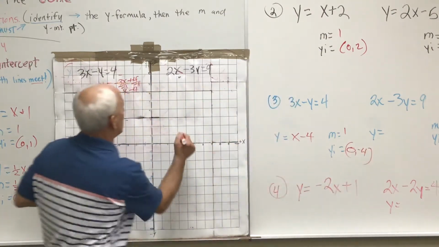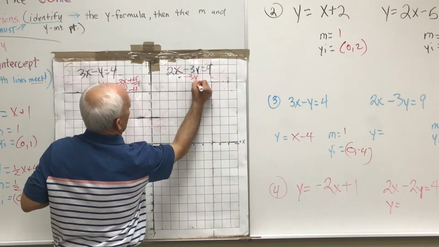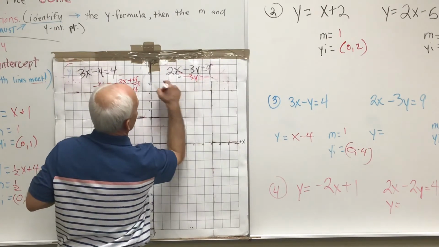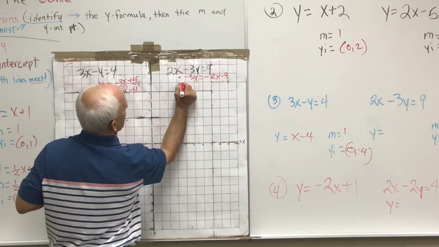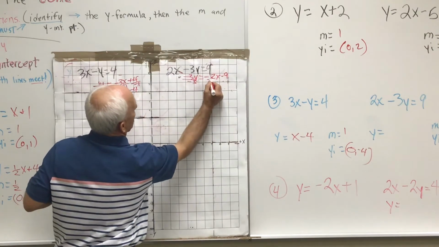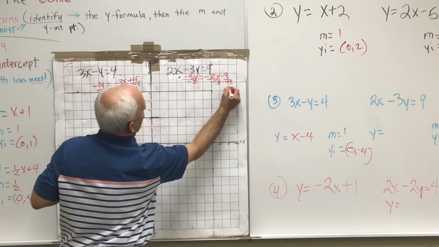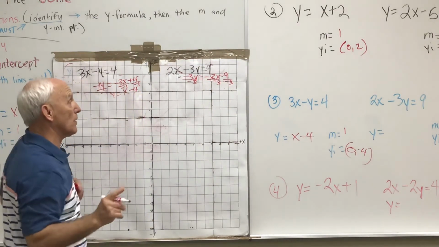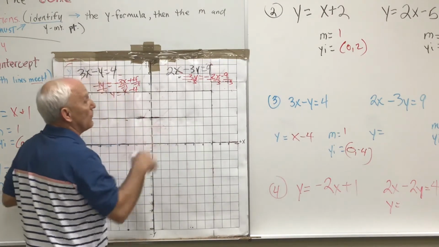All right, let's try the other one. Let's do the same thing. Let's leave the y in the same place. We're going to subtract 2x. There we go. Now watch this. -3, -3, and -3. Now, there's one important niche here that I think some of you, if you rushed through, might have gotten it wrong,